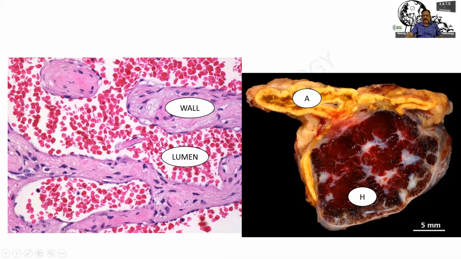Yet another one. I am finding a lumen that is filled with RBCs and there is a wall with media. Externally, there is a lining with the endothelial cell. Look at this one. These are all flattened endothelial cells. What are the organs where we can see? I hope you are able to identify this particular pyramidal organ, the adrenal, in which there is a large circumscribed reddish lesion, which is the hemangioma. Another organ where you can find a cavernous hemangioma will be the liver, or sometimes it occurs in the skin also.